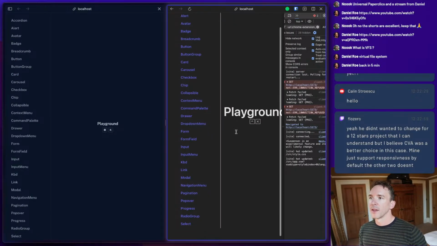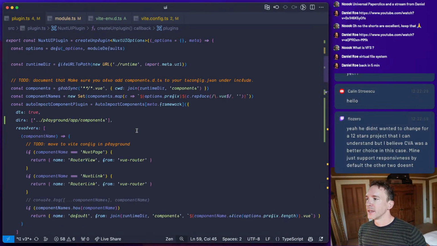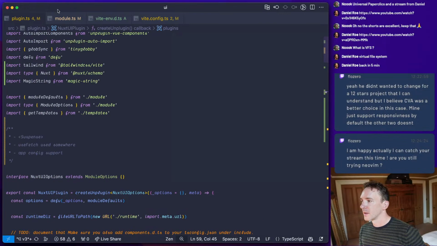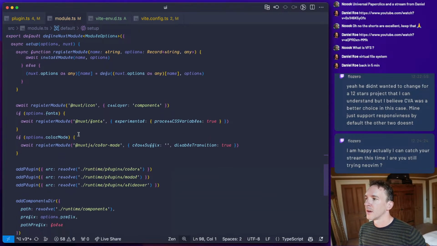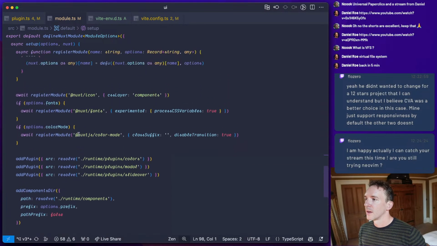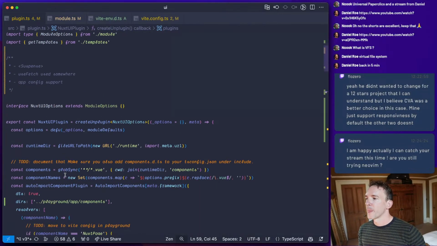Okay, stuff's starting to come together. Now we obviously need some stuff for the color mode and fonts. We're going to set those to be false in our plugin.